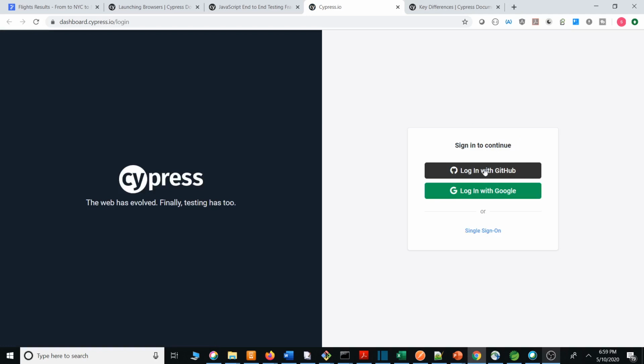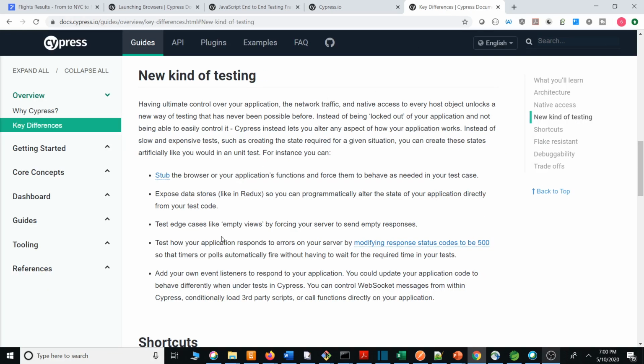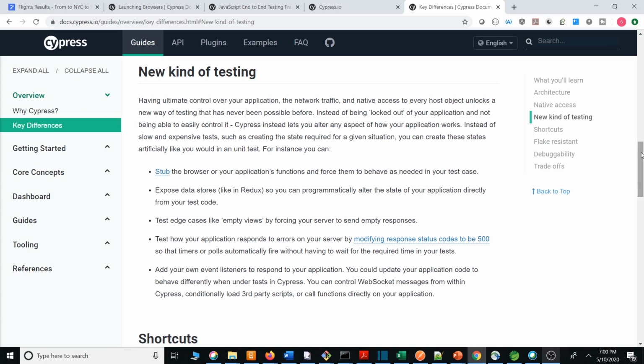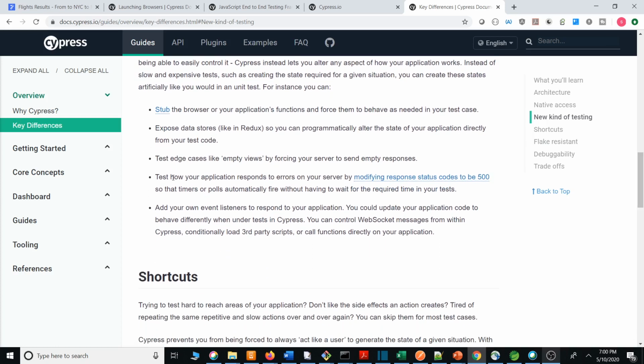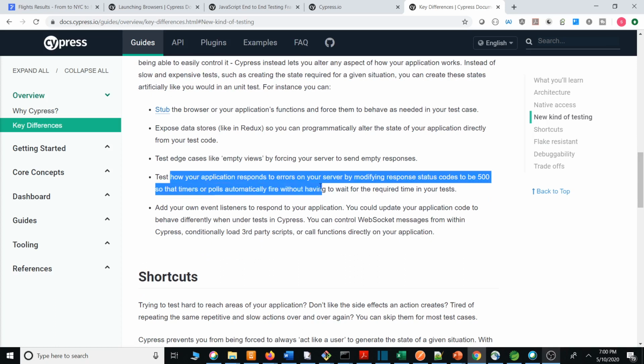When you click on login with GitHub, you want the server response to fail. You want to get an HTTP 404 response. These can be mocked through Cypress. This is what they are saying: test how your application responds when the server responds with a 500 error.